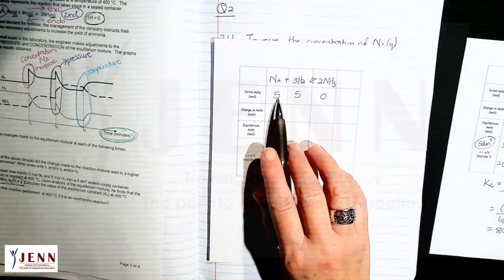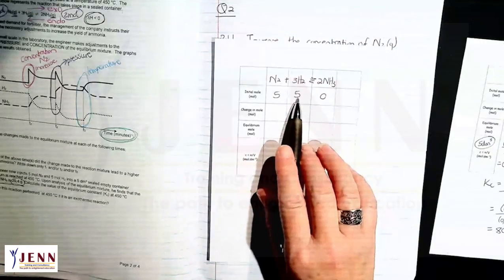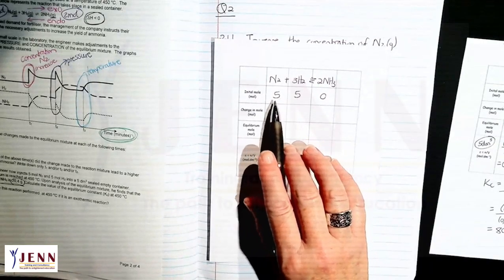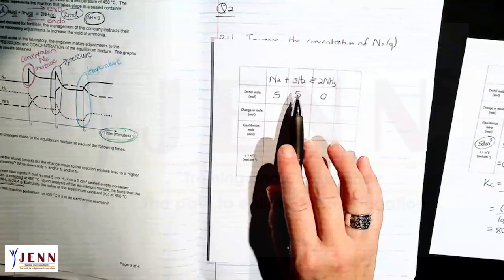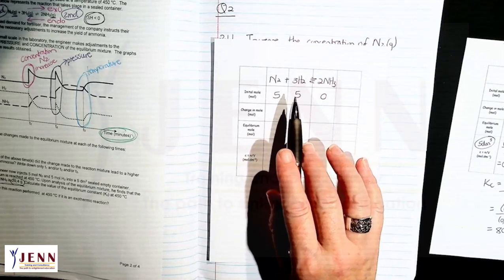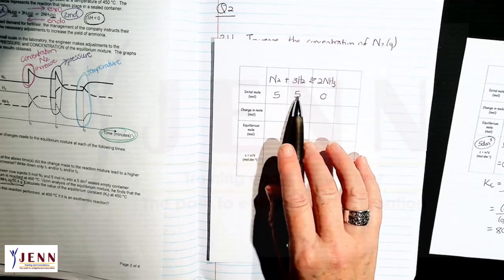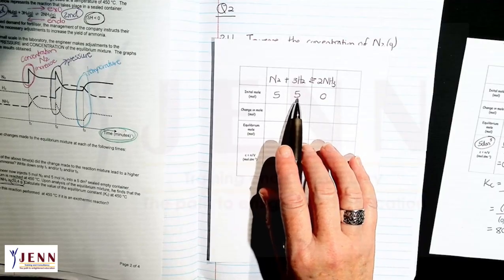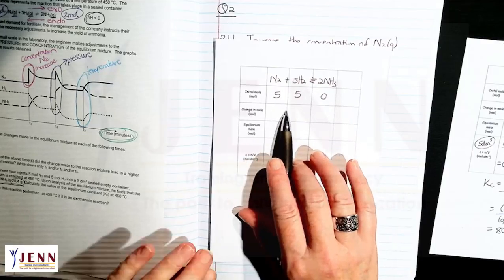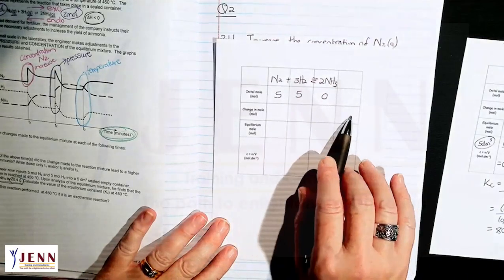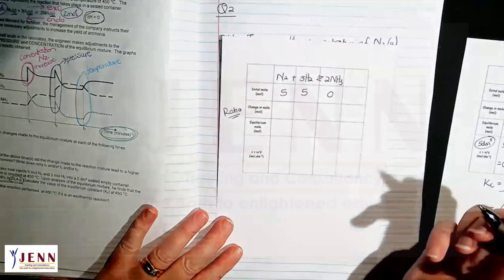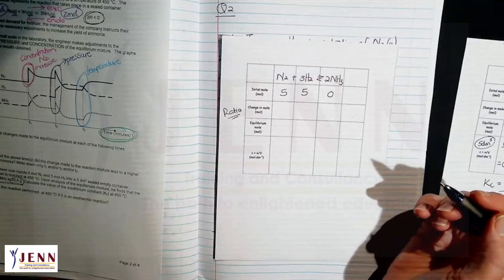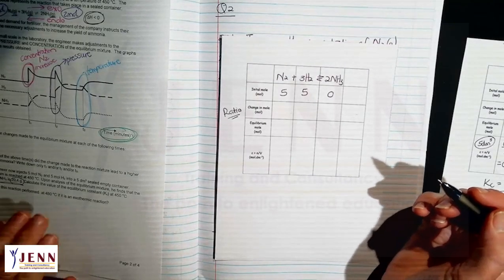It does not necessarily mean they initially put it in the correct ratio. Most of the time, they put an excess of one of the two gases in to make sure that the maximum amount of gas will react. So please, those initial amounts are not going to be in the correct mole ratio. The mole ratio is this part where we have the change in mole. That is where we're going to use the ratio. So the ratio part is that change in mole part.